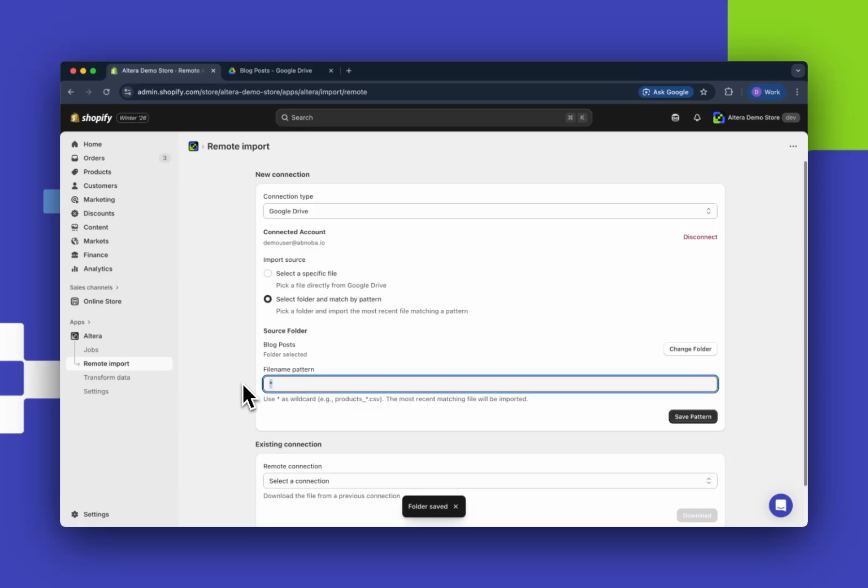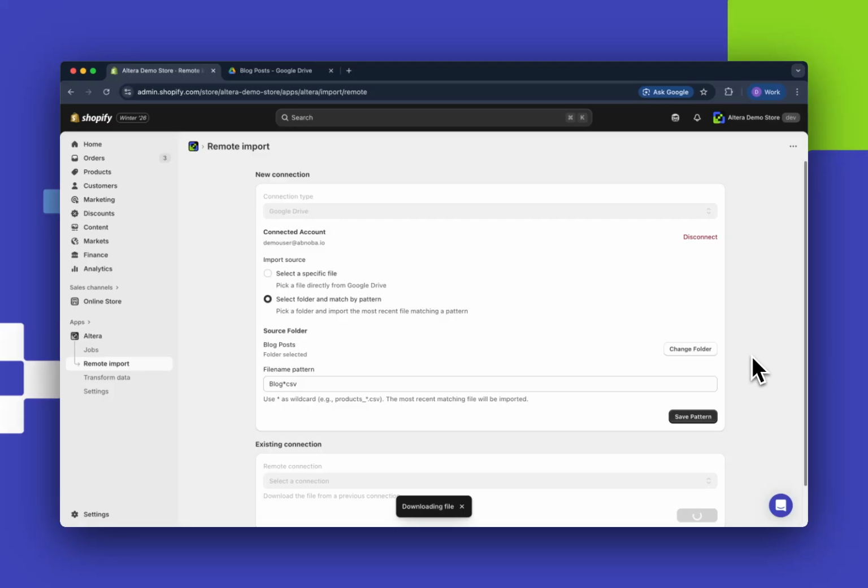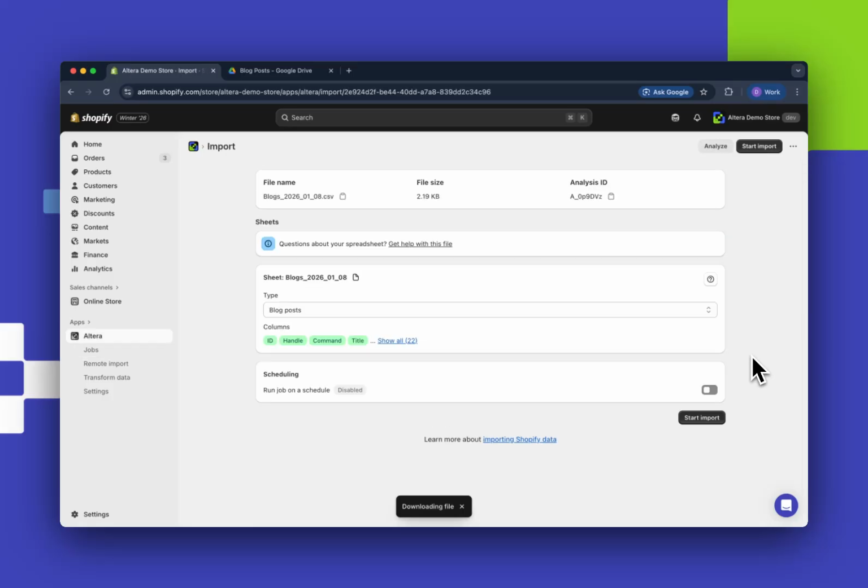Then we need to add a file name pattern here, so we can say something like blog*.csv, and that will match any file names that have the word blog, then any text matched by the asterisk, and then CSV. Then we'll click on Save Pattern, and the app will download the file that matches the pattern from Google Drive,